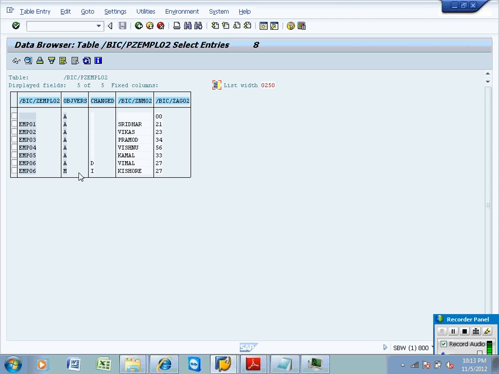And it is modified and it has been inserted into the table. Now, if you report on top of the info object, this information is in the active table. That's the reason your reporting is going to showcase only Vimal information.